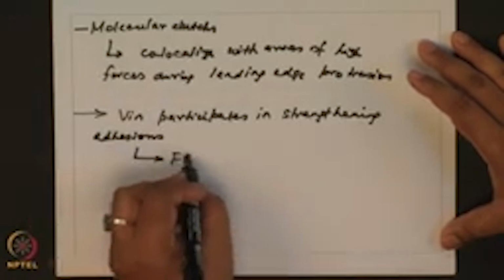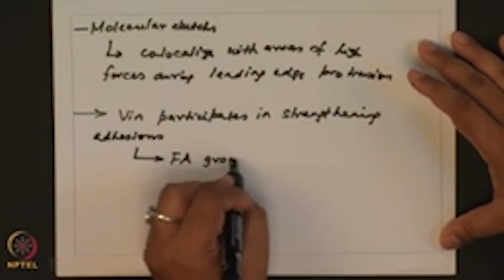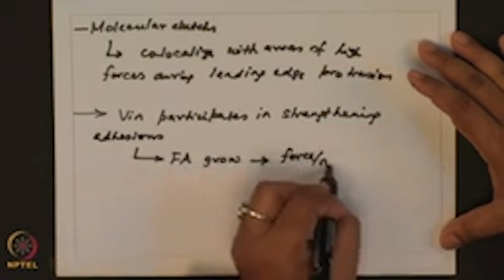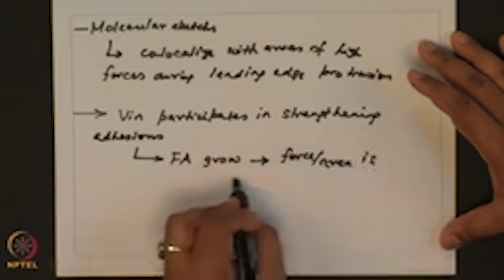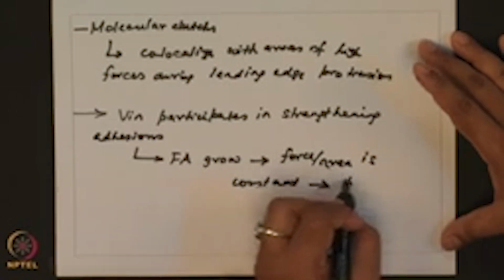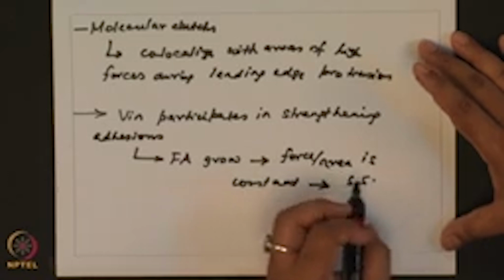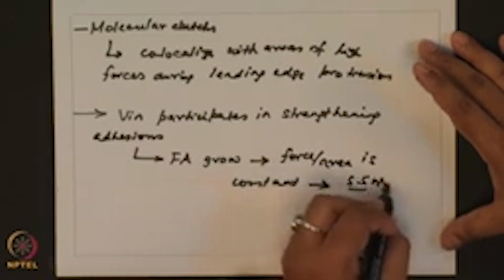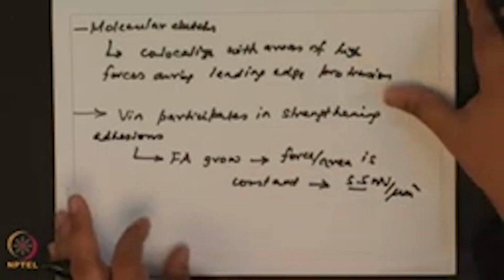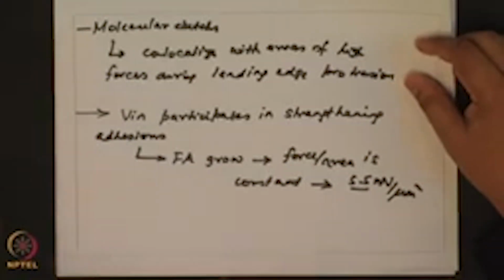So, focal adhesions will grow in a way that force per area is constant. Okay. This we discussed in that paper which showed that you have on an average 5.5 nanonewton per micron square of focal adhesion. Okay. So, they wanted to understand what happens to the structure of vinculin when you expose it